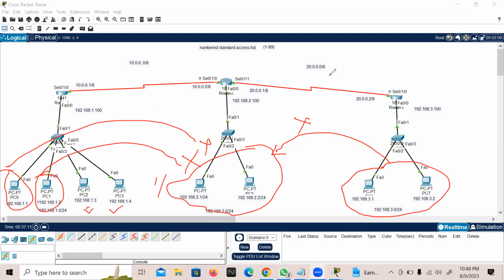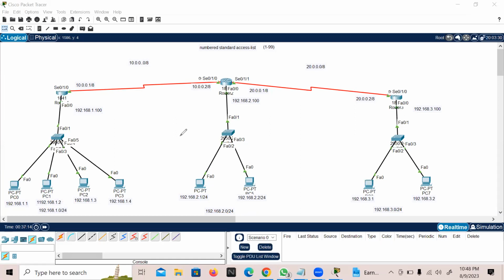Okay, just try to apply it first. Now I have to find the router, on which router I can put the ACL. That is the main thing. Where I will put this ACL? I can put it on 1, there are a lot of routers, I can put it on 2, I can put it on 3. But always remember, in standard ACL,